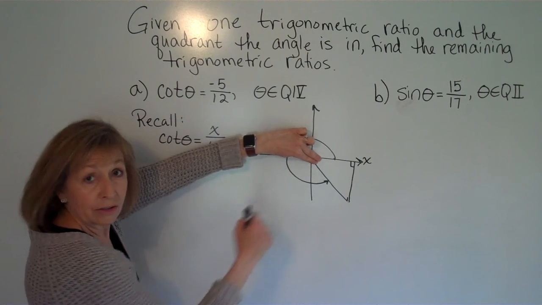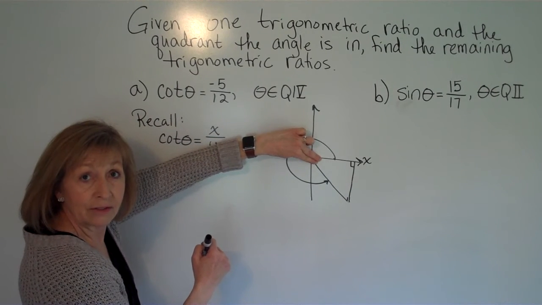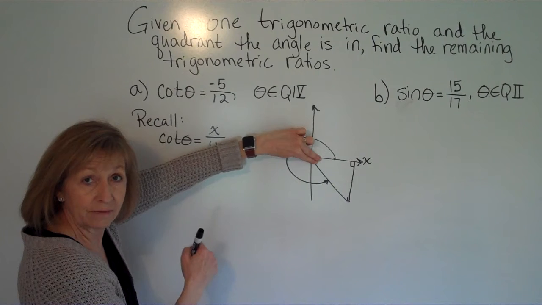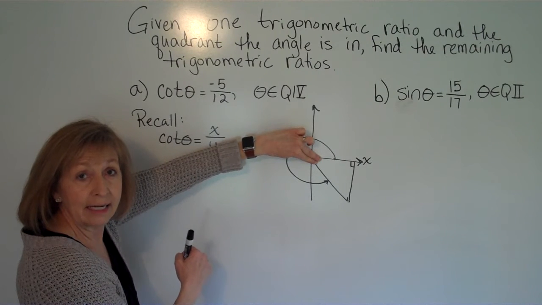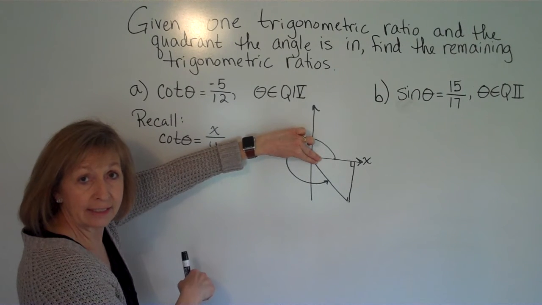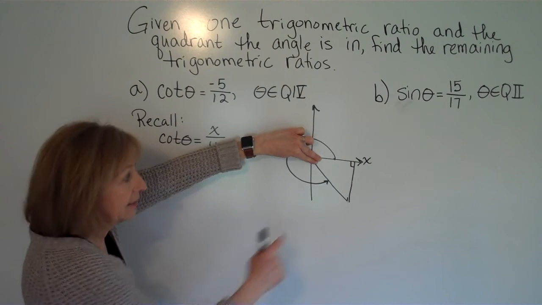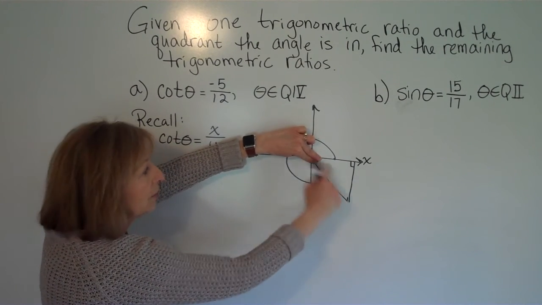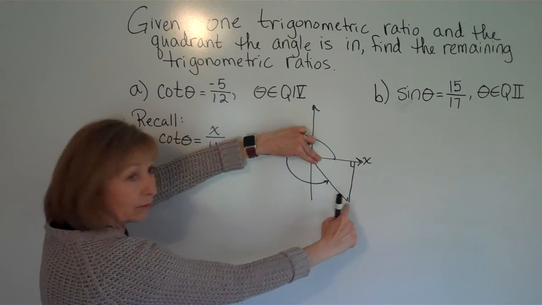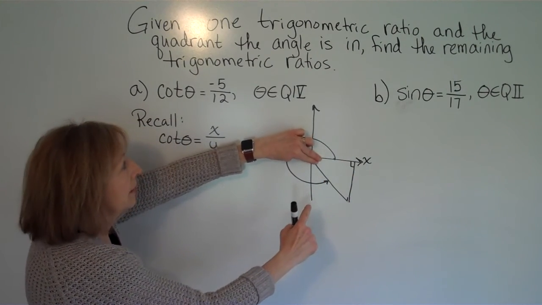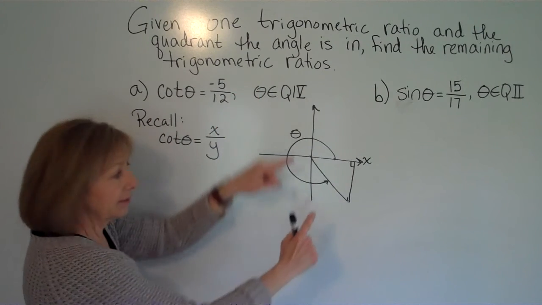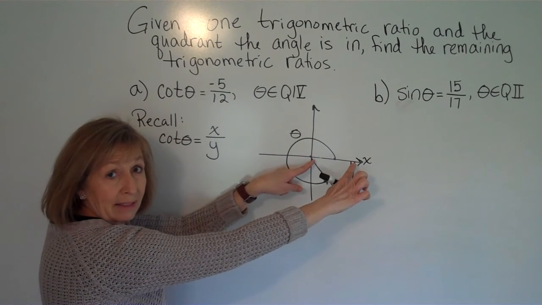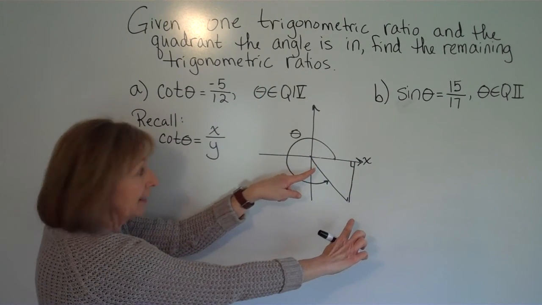With the right triangle, the cotangent of an angle is the reciprocal of the tangent of the angle. Since the tangent is opposite over adjacent, the cotangent is adjacent over opposite, which is the x-coordinate over the y-coordinate. So when I look at this fraction, my x-coordinate has to be positive, my y-coordinate has to be negative,